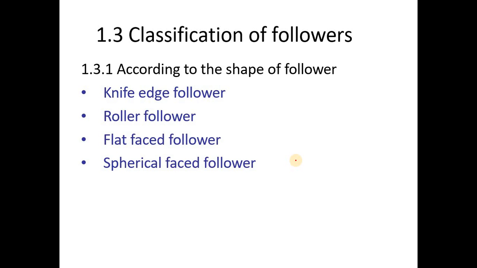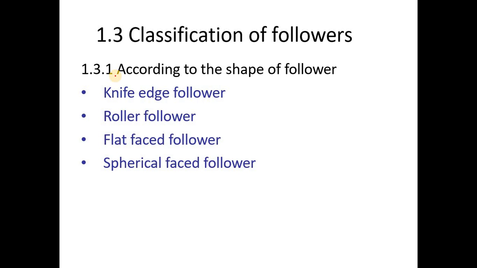We have seen the mechanisms of cam. Now we have to see the classification of follower. What is meant by follower? A follower has different shapes and takes the input motion from the cam. Whatever motion it gets from the cam is transferred to the other accessories, what we call a follower. A follower is a device used to transfer the motion from cam to the other devices for the operation purpose. So there are different types of followers.